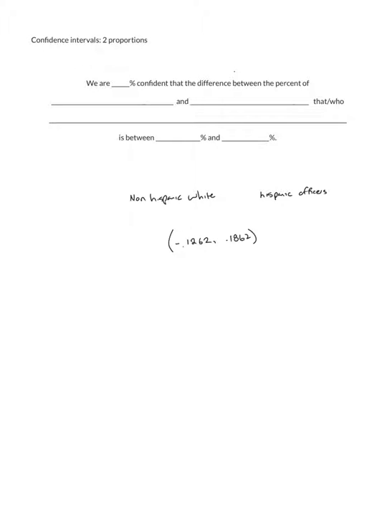To begin, we need to remember that we did a 95% confidence interval. So we are 95% confident that the difference between the percent of our first sample, which is always going to be first, and our first sample was non-Hispanic white officers, and the second sample was Hispanic officers, who, and the topic we were talking about is have struggled or used force with the subject in the last month